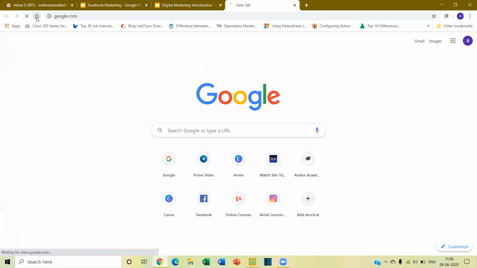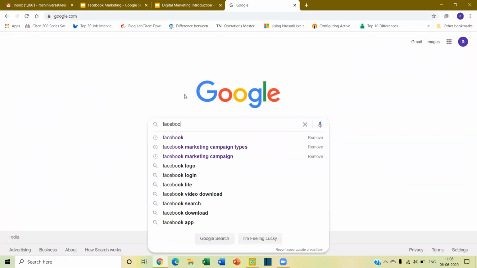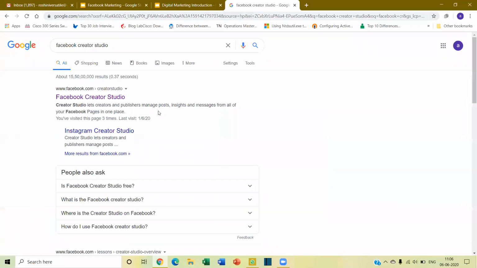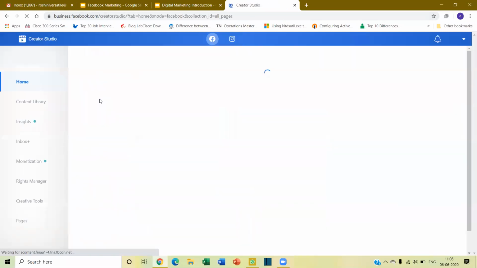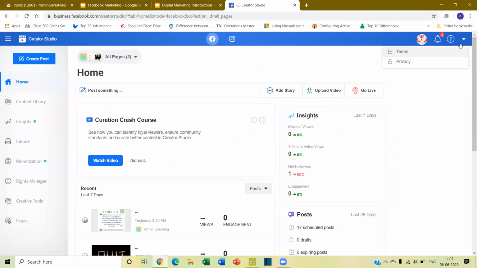So you just have to go to Google and type Facebook Creator Studio. Right, this is how the look and feel will be.